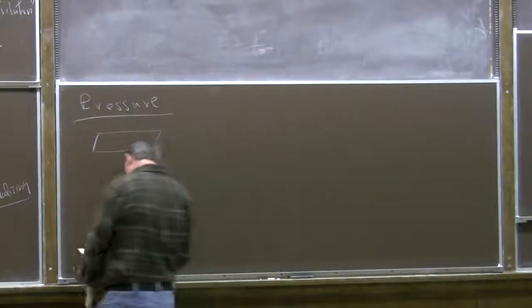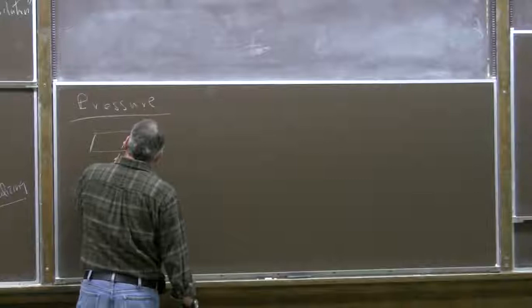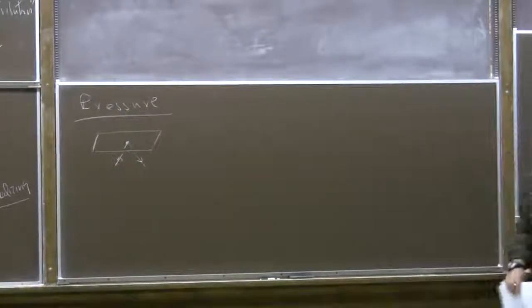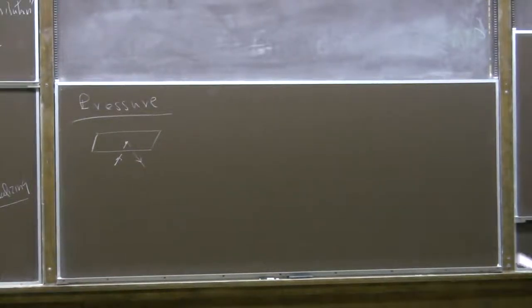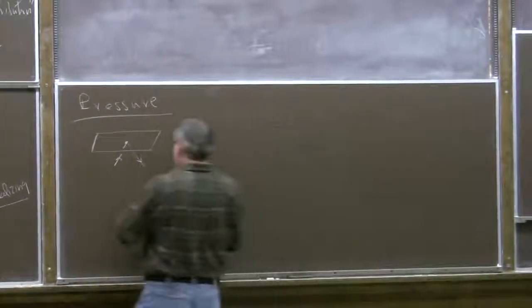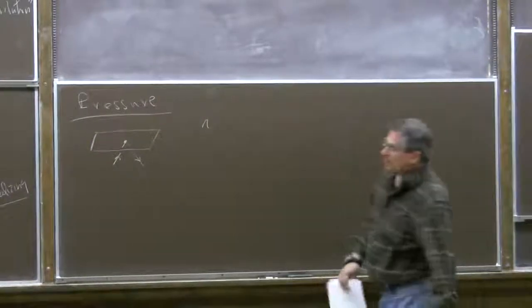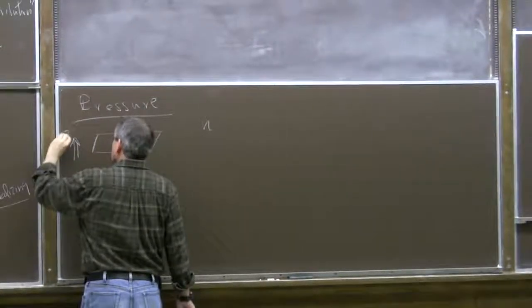And we consider the collisions of the molecules with one of the walls. If we have a density n of particles, let's say this is the z direction, and I'm looking at the wall which is normal to the z direction,